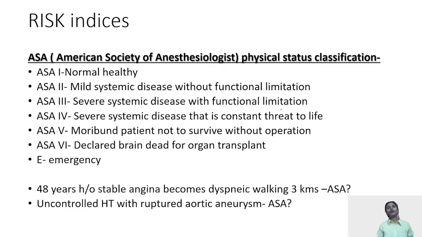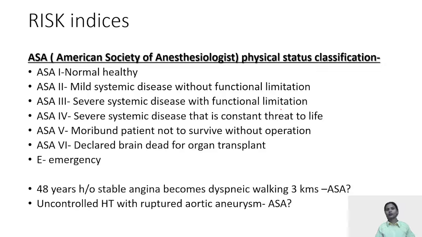Now, when we have done all this, the history has been taken of all the comorbidities and everything, and now we know what the patient has been posted for, we have to stratify the patient. The easiest and most commonly used stratification is the American Society of Anesthesiologists Physical Status Classification, that is the ASA classification, and a number of case scenarios and questions come using this stratification. So please let's memorize this stratification.